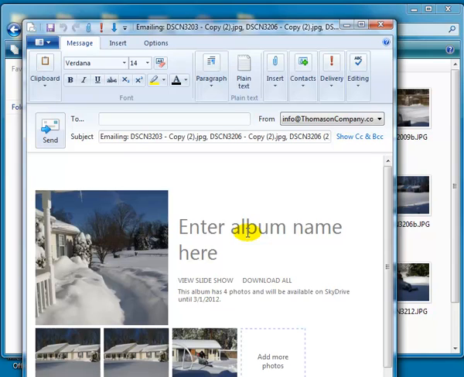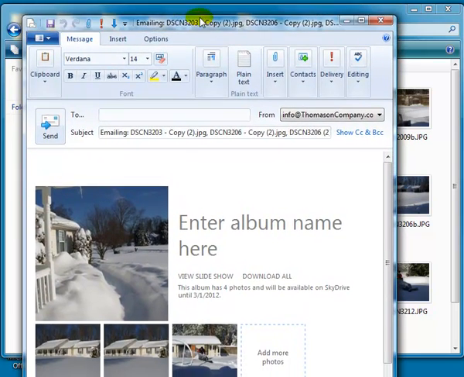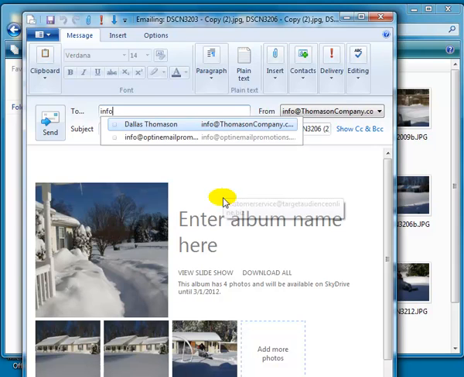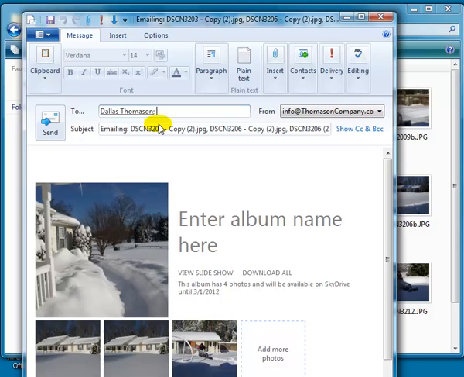I happen to be using Windows Live for this particular machine. You might be using a different email program, and you'll get just a little different display, but basically all I have to do is include here into the To area the email address that I want these pictures sent. I'm going to send them to myself, so I'm going to send them to info, can't type. Oh, there I am anyway in my catalog, so I'm just going to send them to myself, hit the send button,